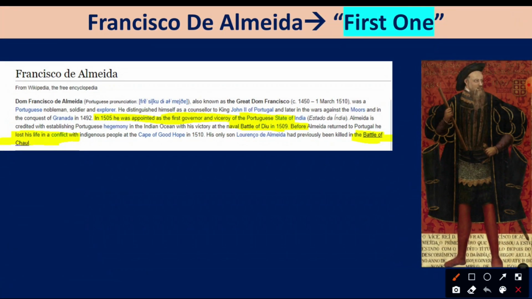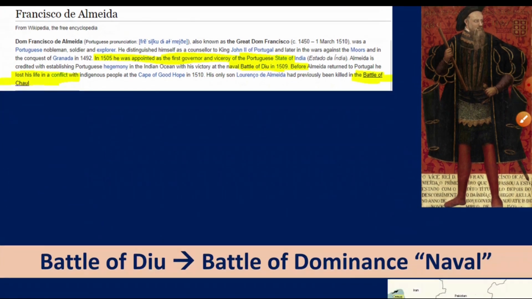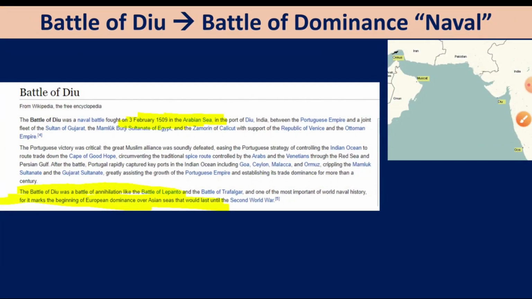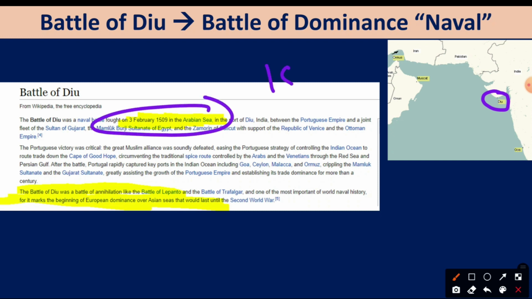He himself lost his life while going back. Before he could return to Portugal, he lost his life at the Cape of Good Hope, in 1510. His own son died in one of the battles in India, and he was the first governor of the Portuguese state in India. If you talk about the Battle of Diu, everybody knows, right? Daman and Diu, the Union territories currently. It was fought in 1509,